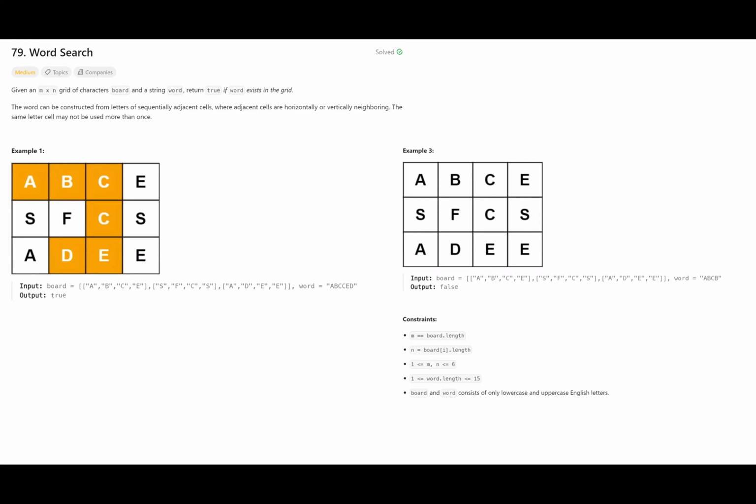Today we're going to discuss problem 79, Word Search. We're going to discuss the problem, talk about the solution technique, and then code it up. This is one of the popular problems, and one of the problems within the Blind 75 list. The problem description says